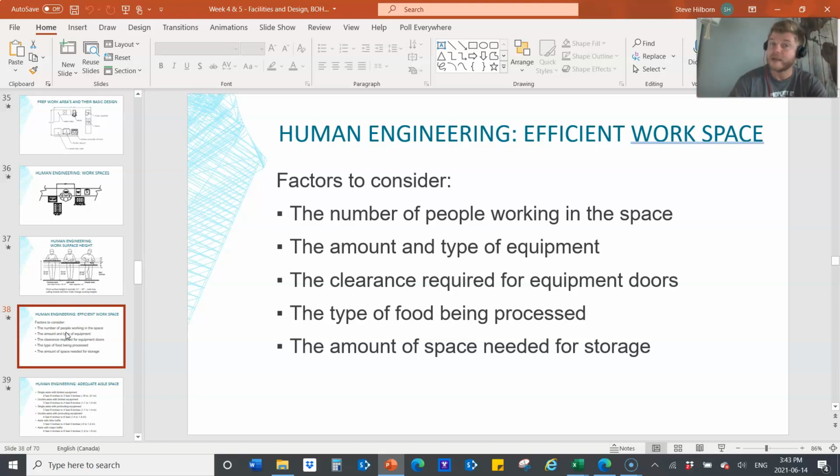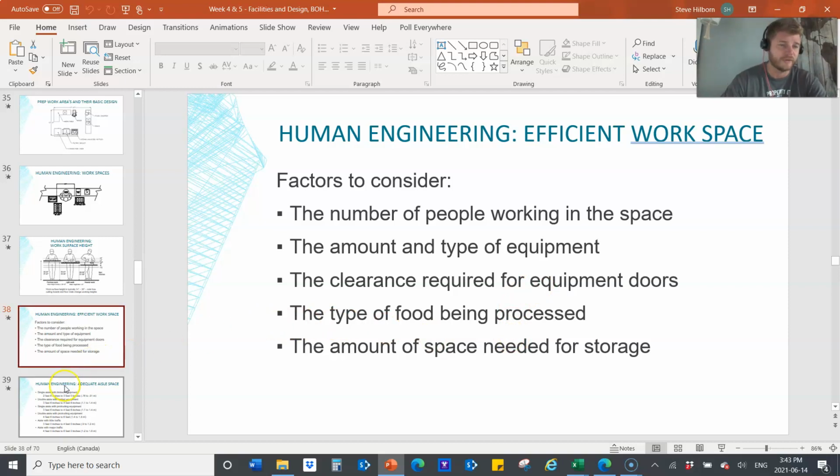Are you carrying knives? Are you carrying hot oil? This is a huge safety factor. So just ensuring there's enough clearance for people to move around these and get around these is very important. And then we want to think about the type of food that we're processing and the amount of space needed